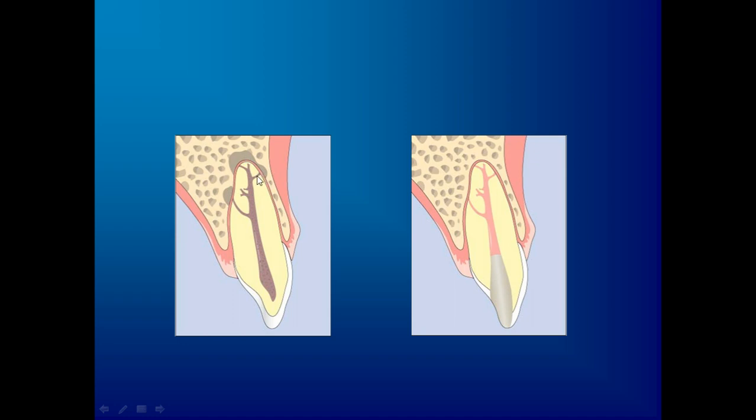The first step in endodontics is to gain access to this pulp and extirpate the pulp, that is remove the pulp, along with it the debris, the microorganisms, its exudate, etc. And after shaping and cleaning, make sure that all these entries into the root canal or the pulp space are sealed with an inert material. This is called the obturation.